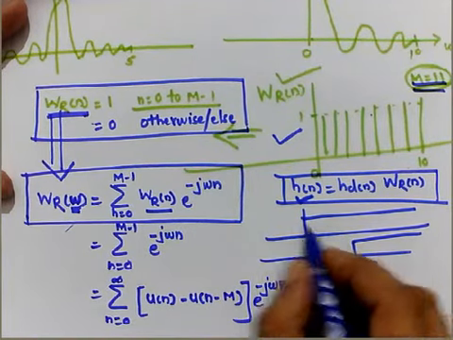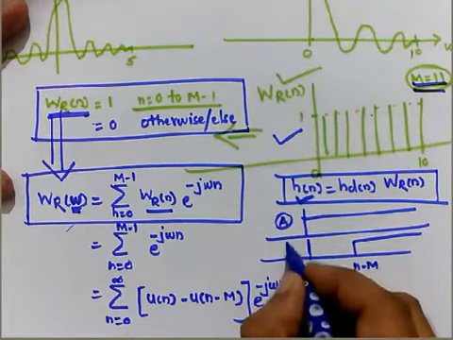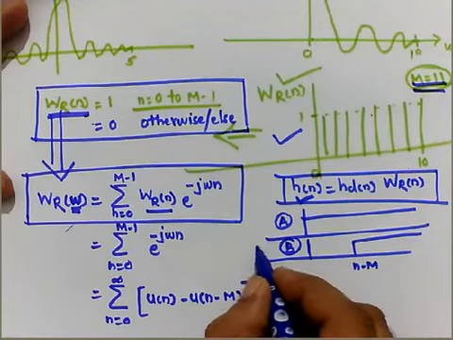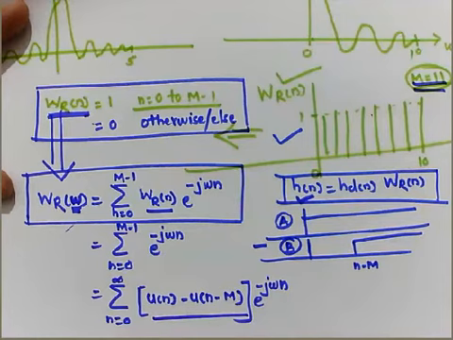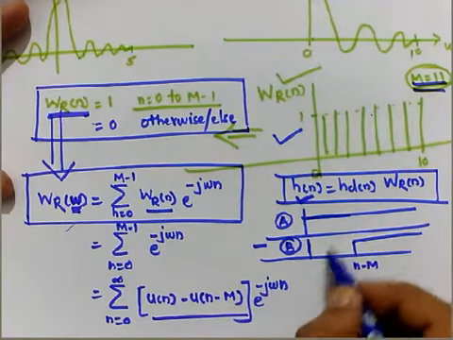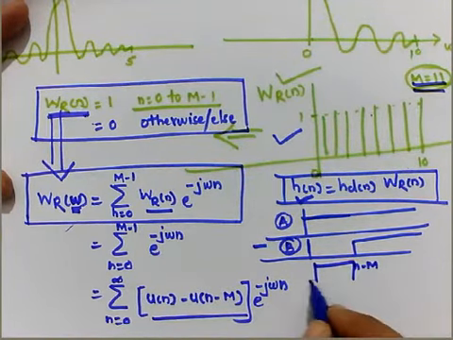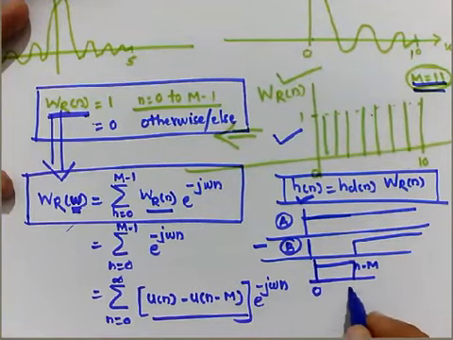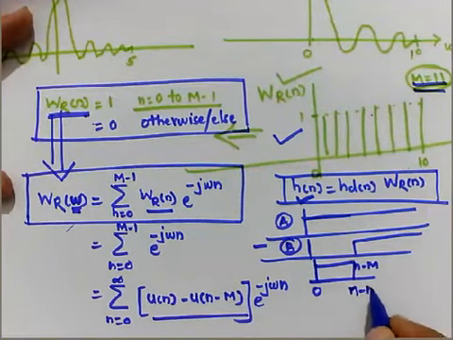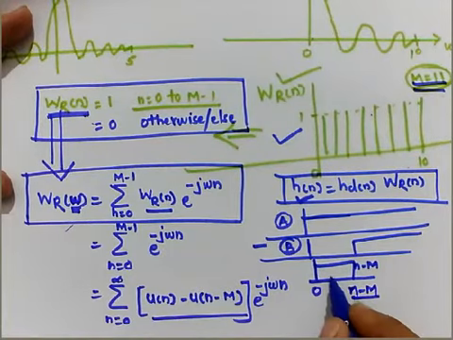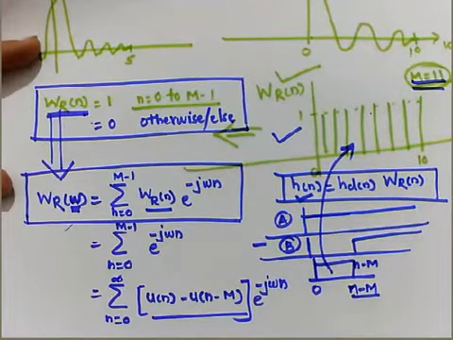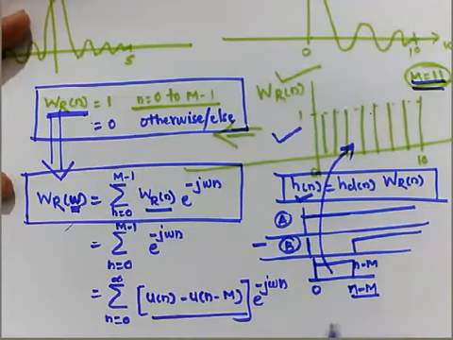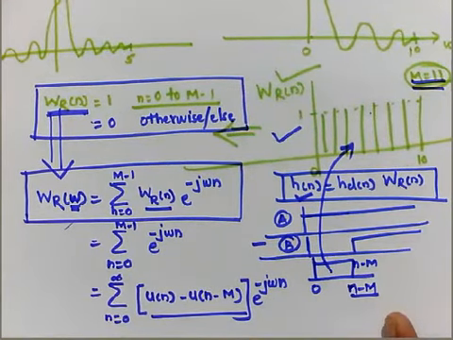So when we subtract, let's say this is a and this is b. When we do the operation a minus b, that is what is done over here. So obviously we will get the window bounded over the region 0 to n minus m, and that is the window which is shown here. So this is how it is simply reflected in terms of the equation format.